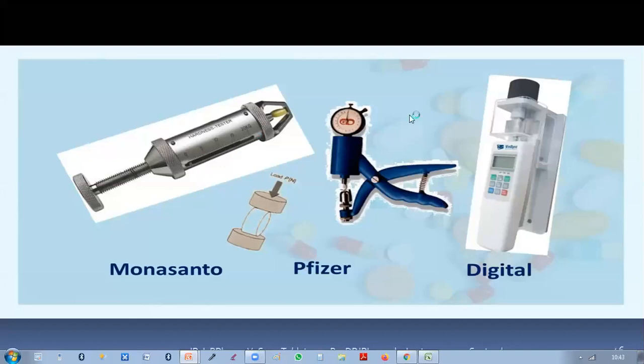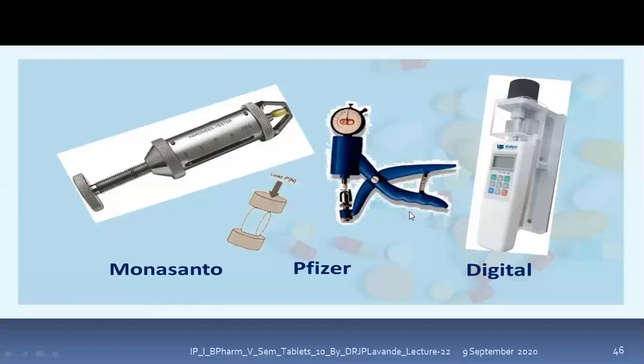In the same way, there is a meter associated with the tester. This is developed by Pfizer. You can see here it is going to be compressed, isn't it? As a result the pressure gets exerted, and as the pressure goes on increasing, this hand goes on moving like this. Where it coincides and where the tablet has been broken, that particular measurement is taken.